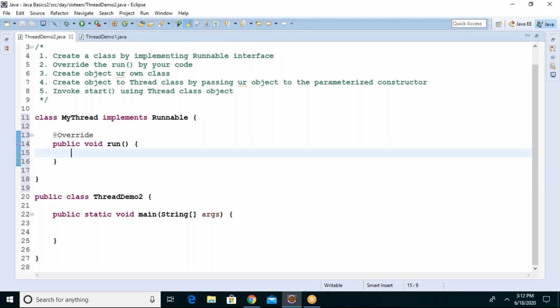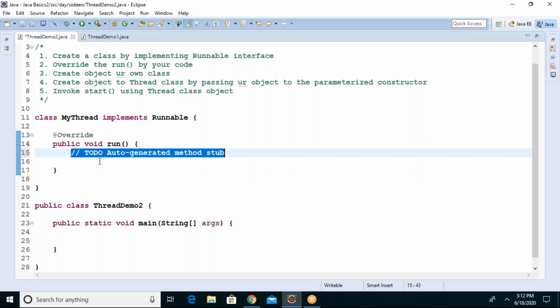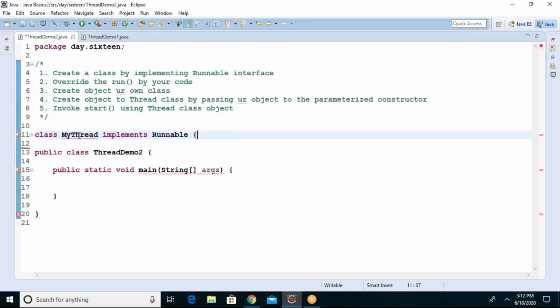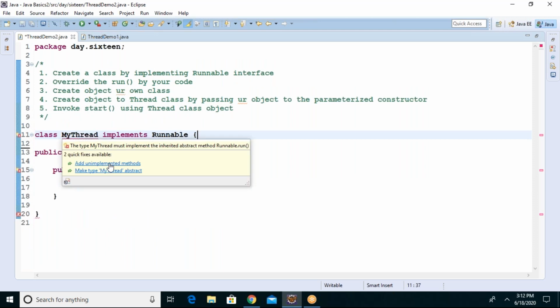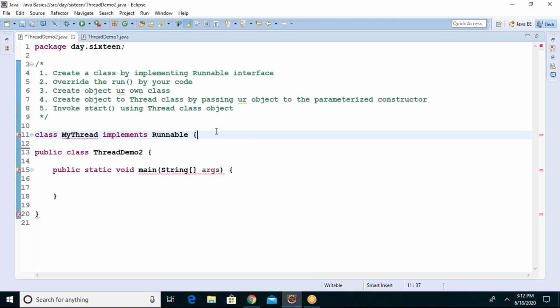Okay, right, guys, tell me first of all, if I say add unimplemented methods here, how many methods is it overriding? One method or multiple methods? Listen carefully.